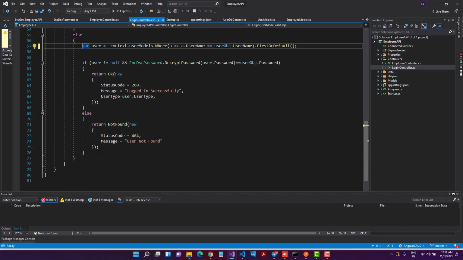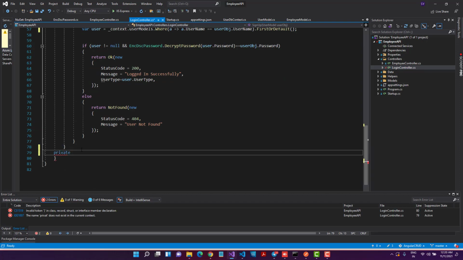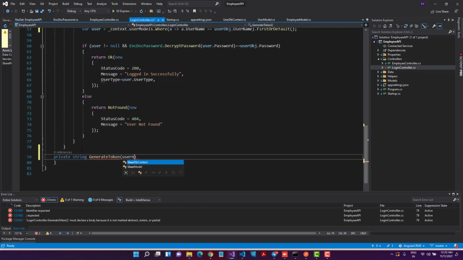The first thing we'll require here is to create a method. I'll create a private method, private string GenerateToken, and this will accept a username of type string, for which we will create a token.